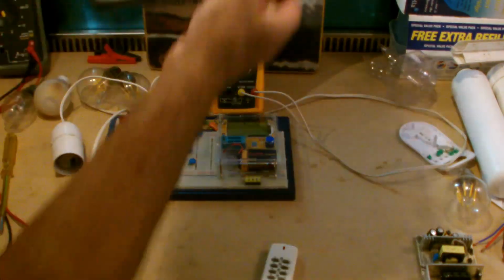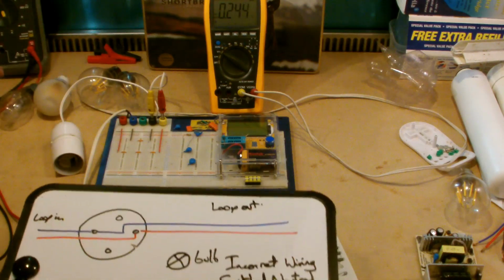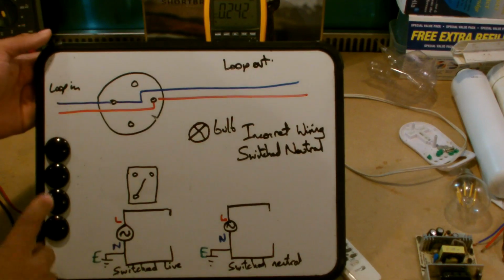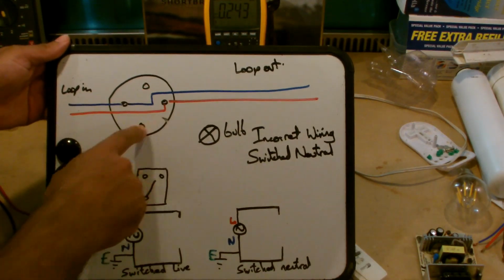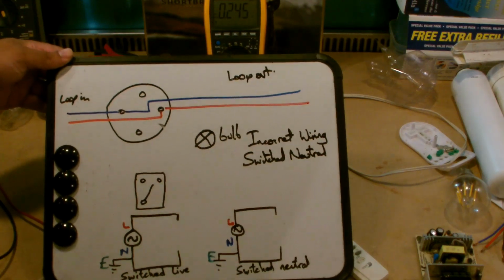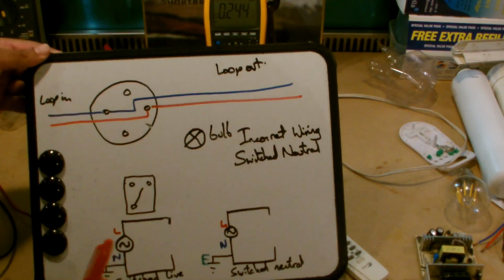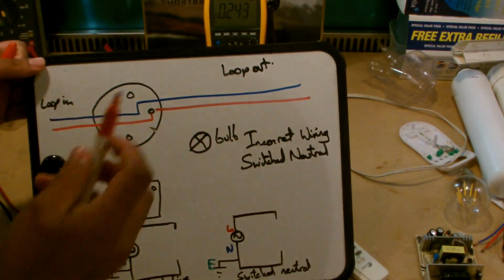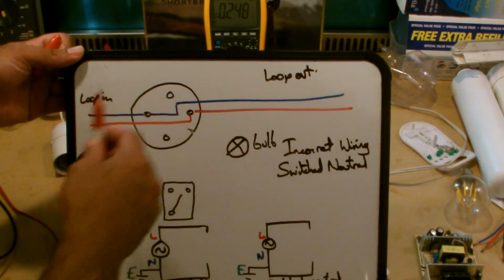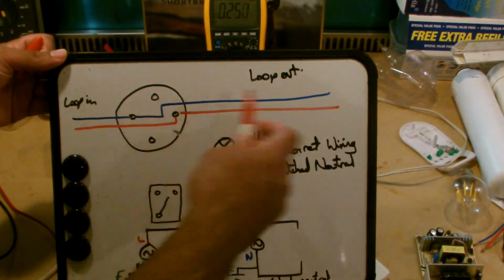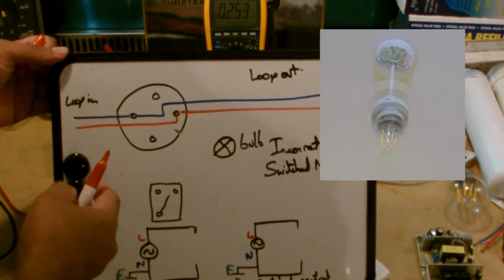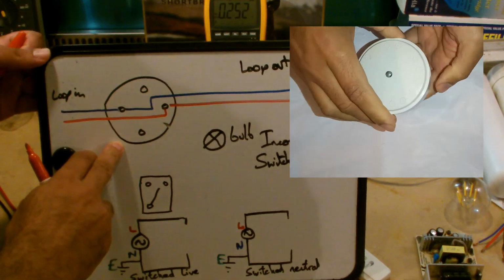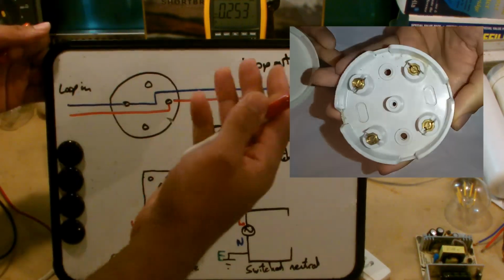What other people have done is that they have explained correctly that if we were to look at, say for instance, the standard junction box which you have in the UK, a 4-terminal junction box, and I will draw the incorrect wiring of switch neutral, which is generally what you see causing this fault. You have a loop in and loop out, and that's just basically your power cord, and that would go to different lights along the way. But this is what we call the ceiling rose, which is holding the pendant, or this could be an actual 4-terminal junction box which is hidden within the floor or the ceiling void.